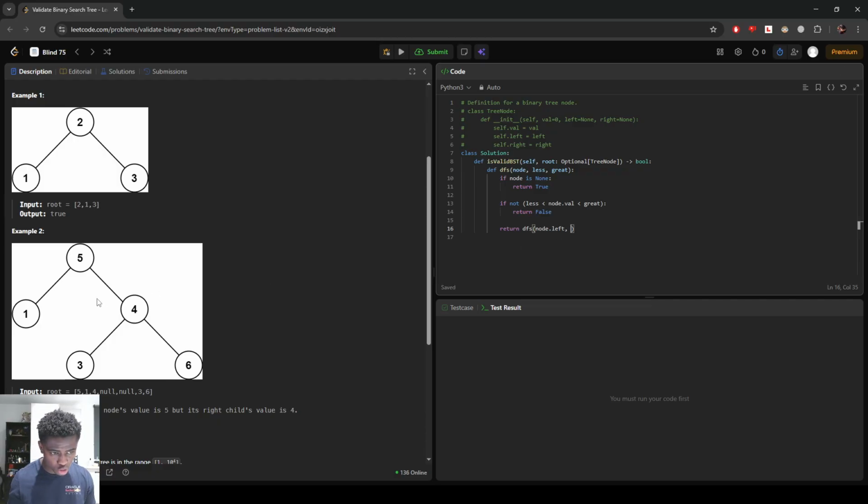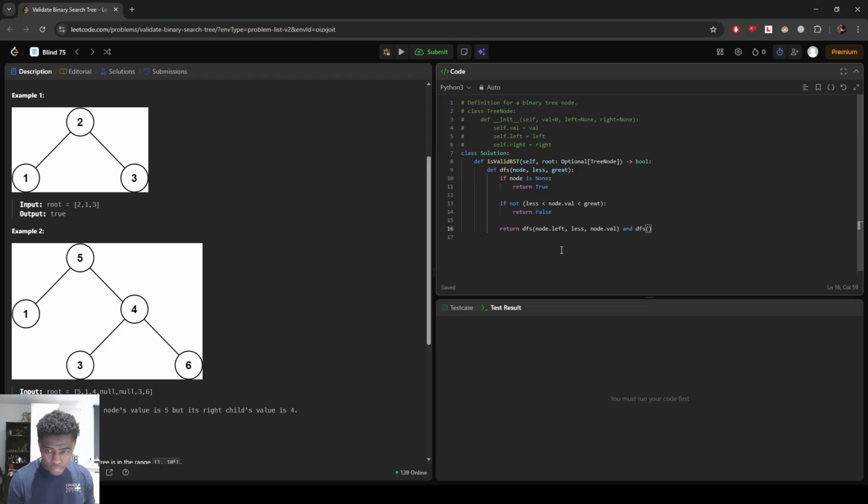We have to ensure that everything on the left is less than five. So we just pass in less, and for great we pass in node dot val, so everything has to be less than five,